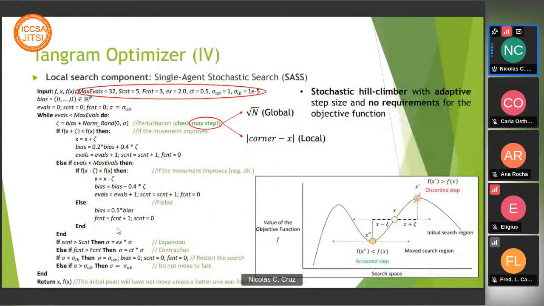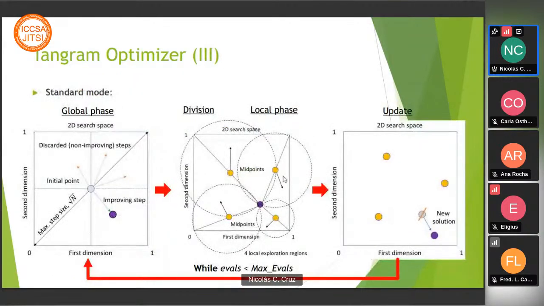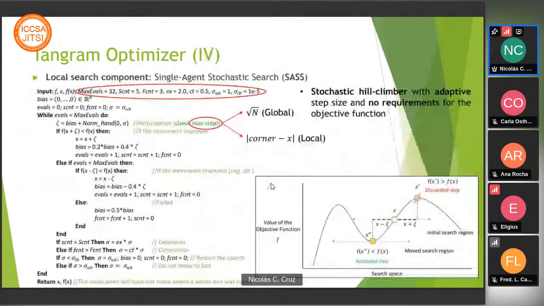The local optimizer, I won't go into much detail because it's a simple method and widely known. It's a stochastic hill climber with adaptive step size called SAS. It mainly receives as input a starting point, which would be any of them, this purple one, or these midpoints, and then starts to generate perturbations to move in the search space. The step size is